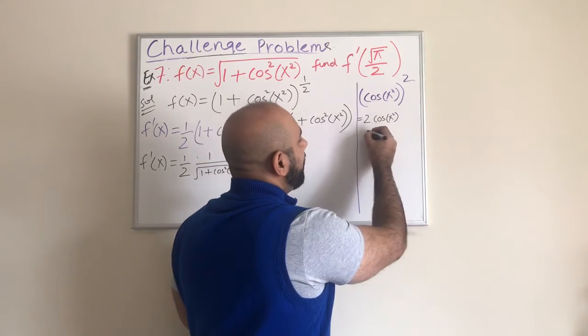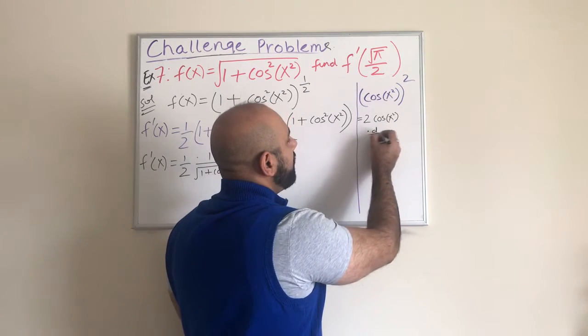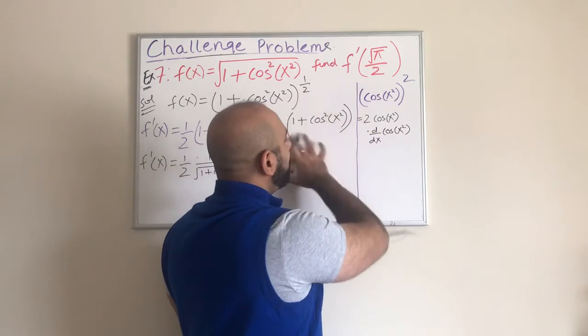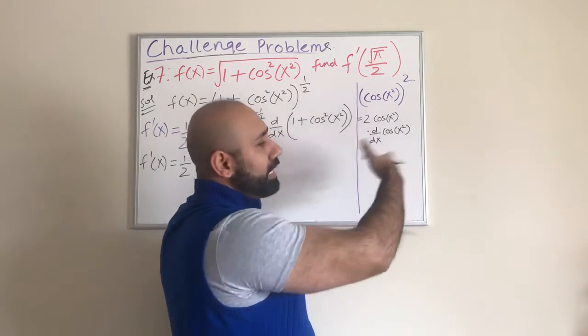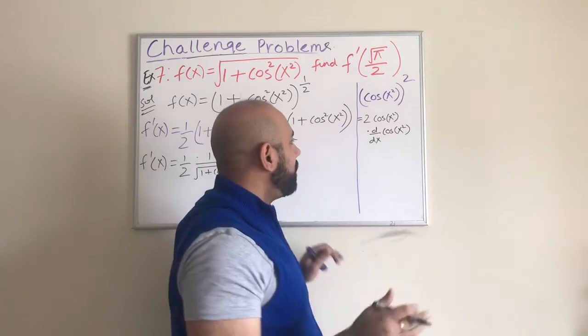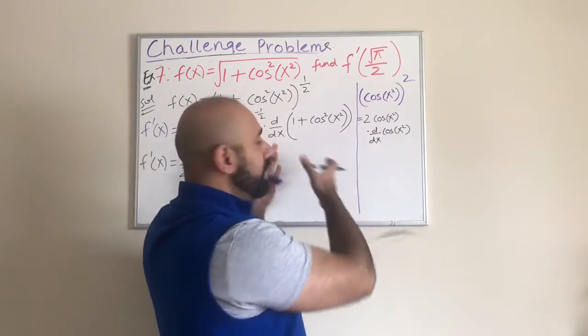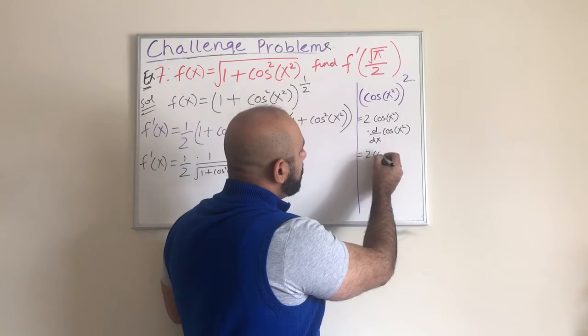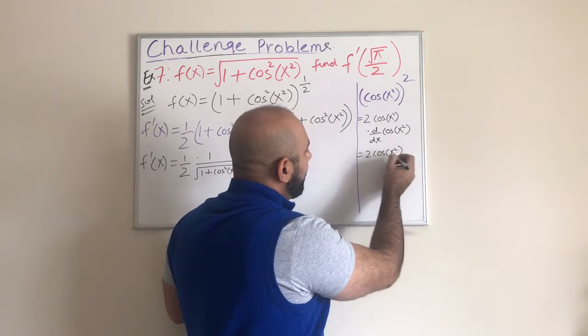But then I have to multiply this by the derivative of the inner, which is d over dx of the cosine of x squared. Guys, you can do all that work right here, but in this case, I'm just doing it on the side. It's up to you. You can do it on the side, or you can do the whole work right here with the problem. But moving on, guys, here it's going to be 2 cosine x squared, and then multiplying by